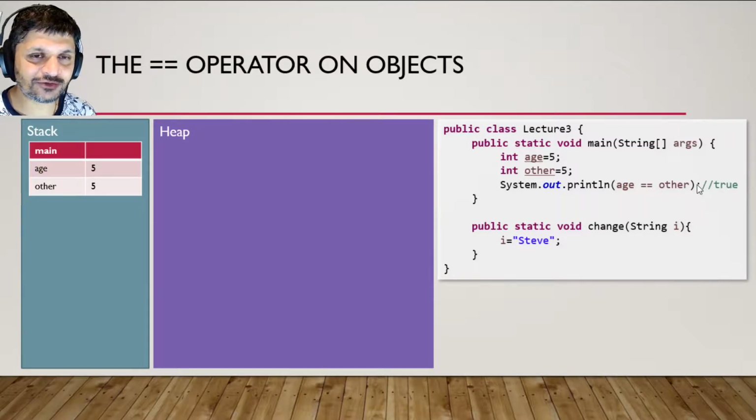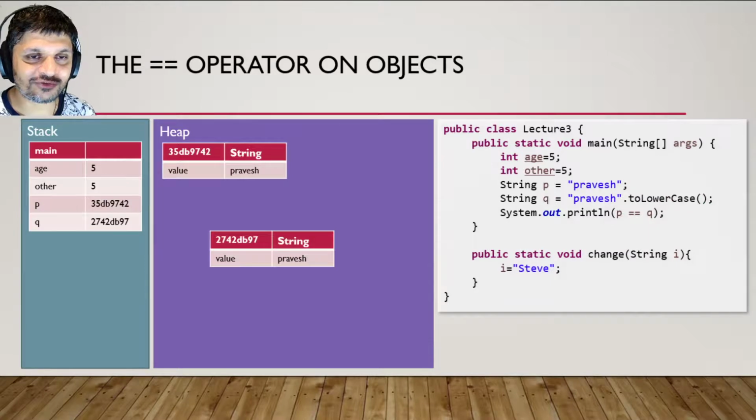But let's say I had two complex types. Let's say two strings. I have one variable on the heap which has a value Pravesh, and another variable on the heap which also has the value Pravesh. There's some code that could generate that over here to get two separate variables with the same value. p points to this memory address and q points to this memory address, but they have the same value, right? So if you were to print out p == q, so basically printing out whether p is equal to q,